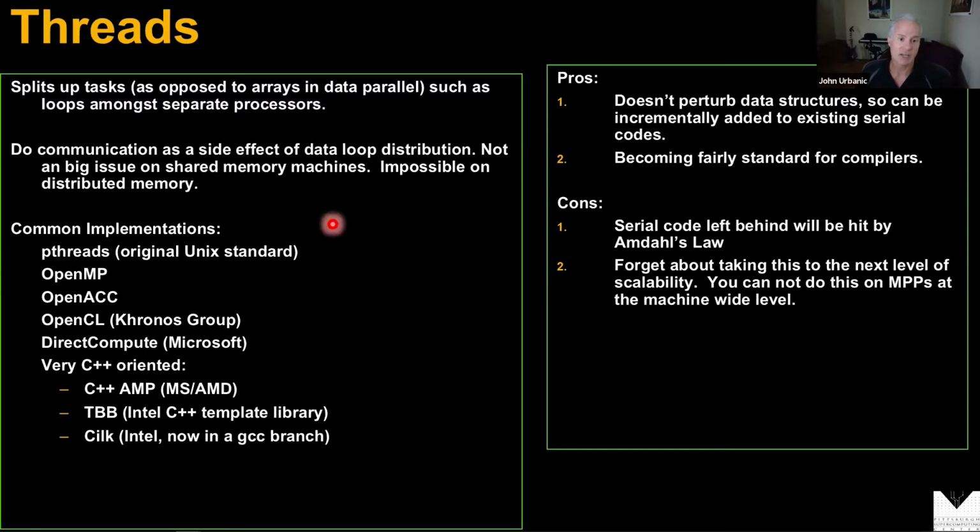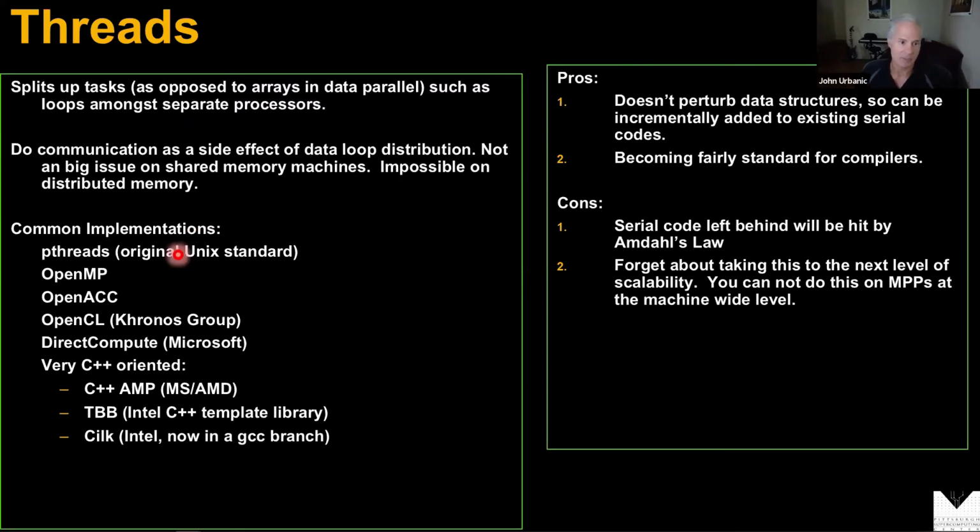If we get an 80,000 line code and we just time it and find out that 60% of our time is spent in this one loop and 20% spent in this other loop, we can just go speed those 2 loops up. We don't care about anything else in our code. We never have to look at it. We can just throw some directives in at those 2 sections of our code, which might be a tiny fraction of the total code. Maybe it's 40 lines of code altogether. We stick in 4 or 5 directives, and now our 80,000 line code is running a whole lot faster. And that's not an unreasonable expectation. But we are limited to one node. That's all those techniques work on. They're shared memory. They only work with threads on a node.